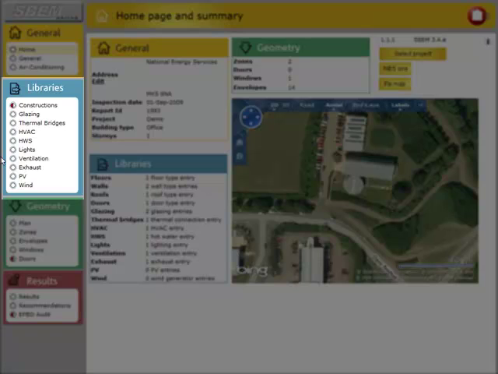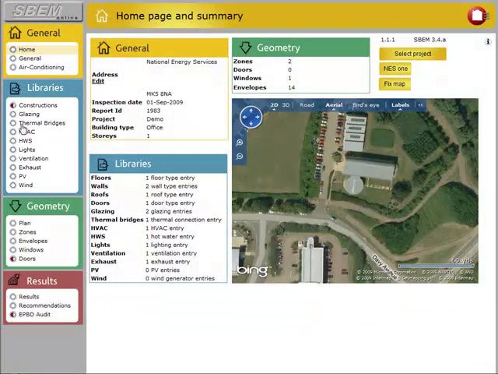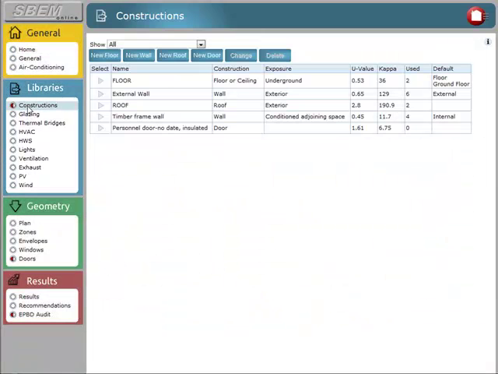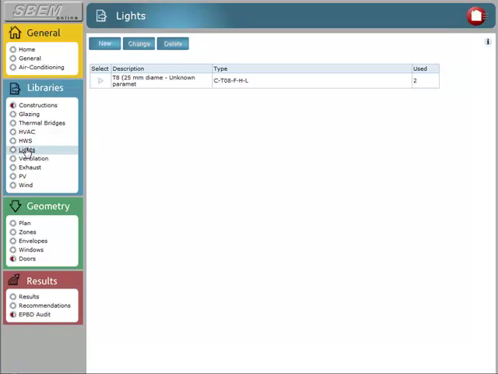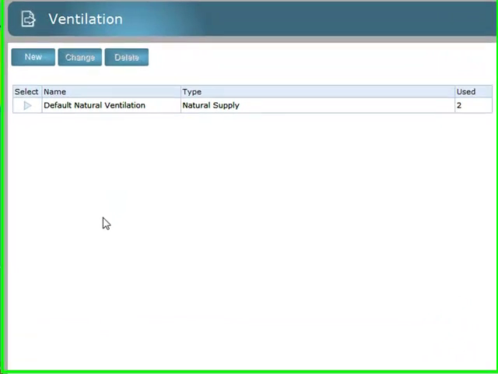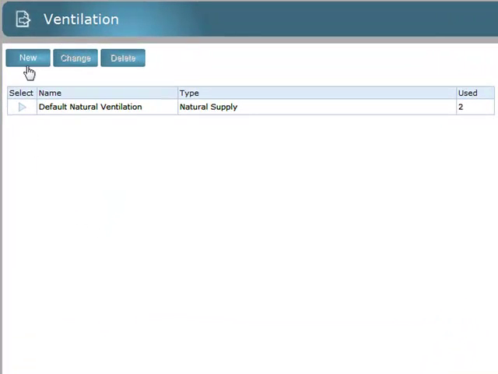The Library section is where you start to build up a catalogue of all of the elements that your building is made up of. For example, constructions, heating and air conditioning, lighting, and ventilation systems. To add a new library item, you should click on the New button